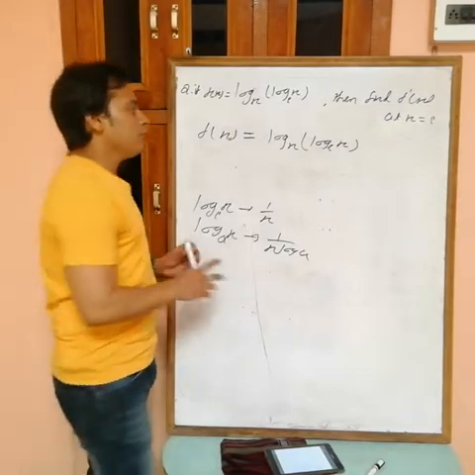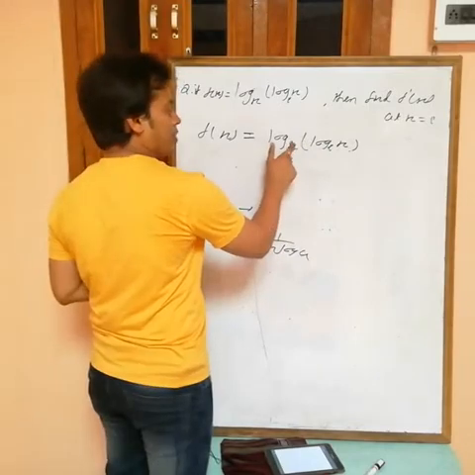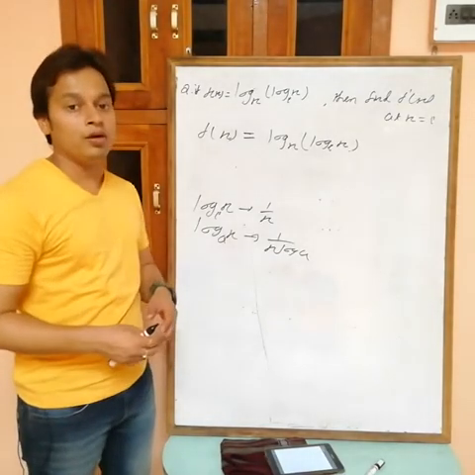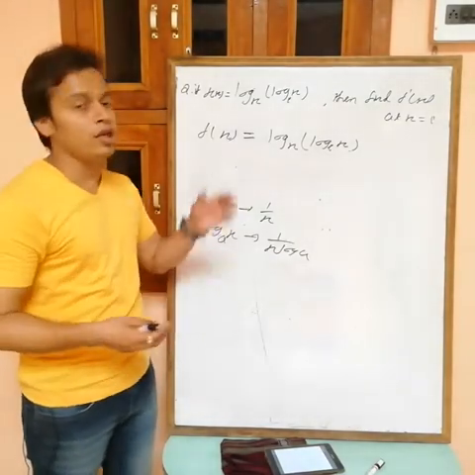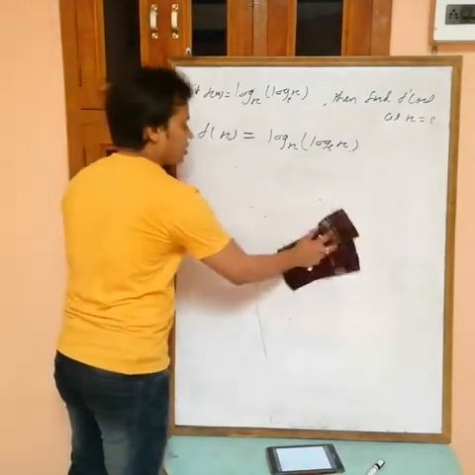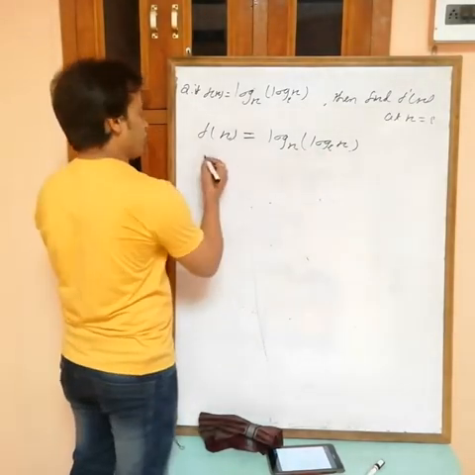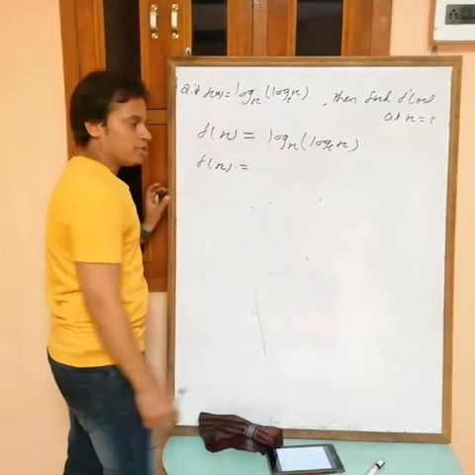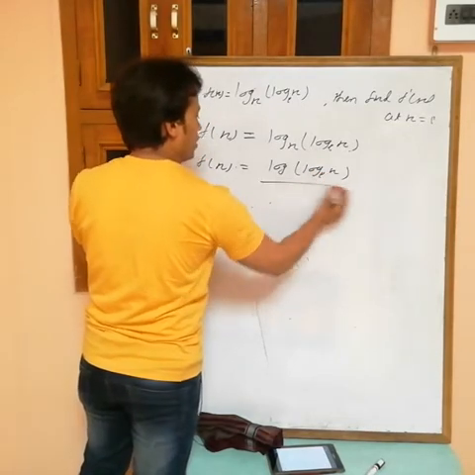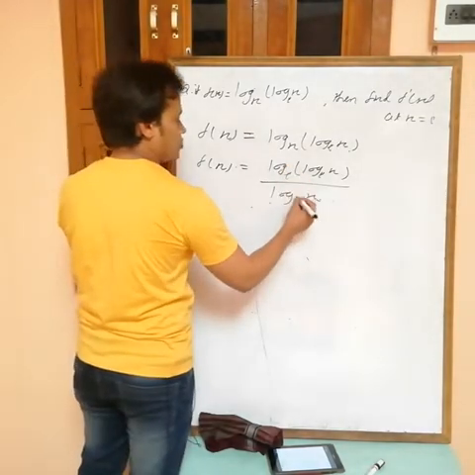Now see, if you assume this one as x, then can you differentiate log x? Actually no, because here the base is not constant. We have two formulas but both are when the base is constant, either e or any constant value, but not x. So directly at this time you can't differentiate this one. First change the base, then you can differentiate. So f(x), by using the base changing formula, is log of log ex over log of x. Now you can write any base as you want, so I am using e.